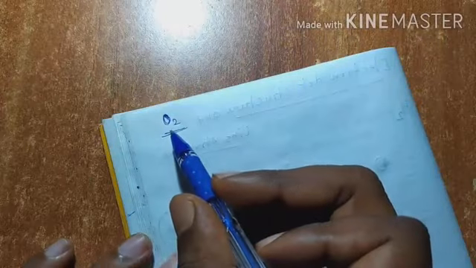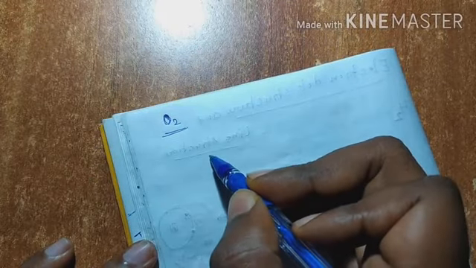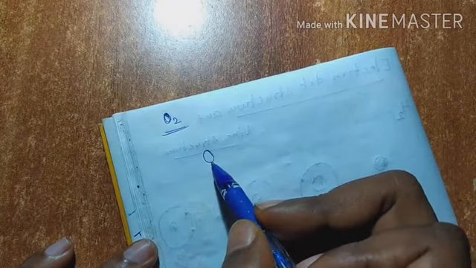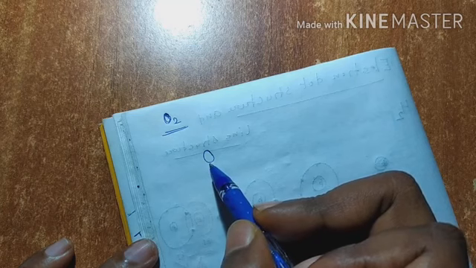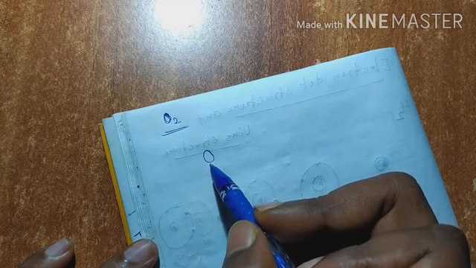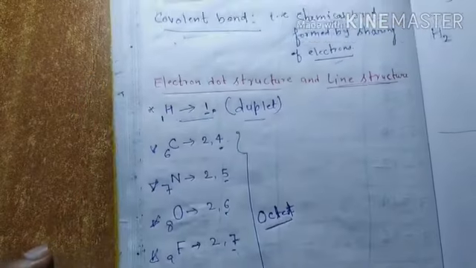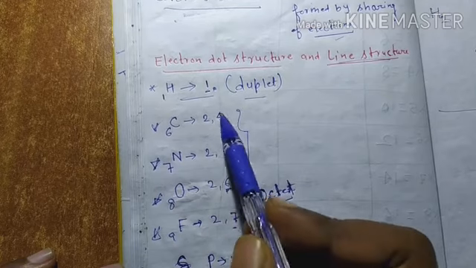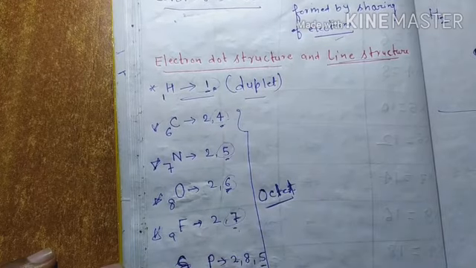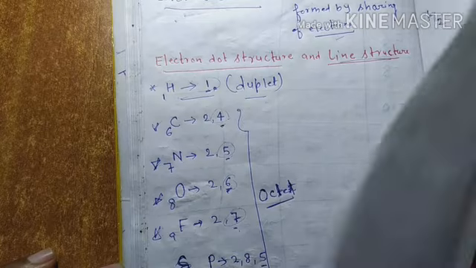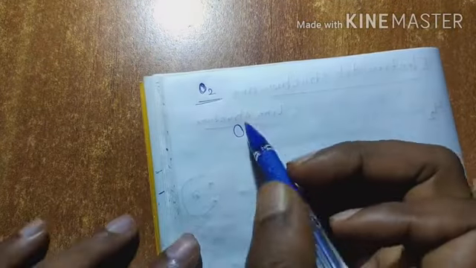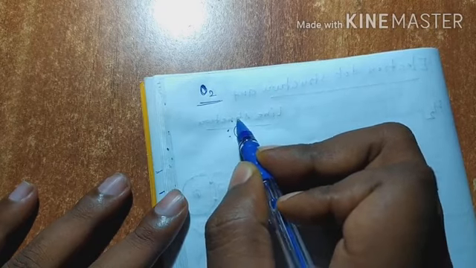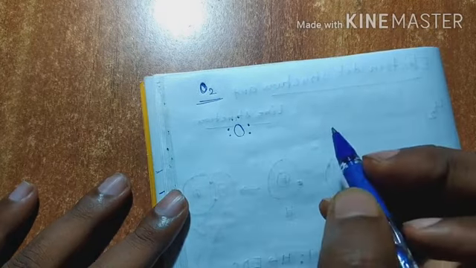Oxygen molecule. There are 2 oxygen atoms. So write an oxygen atom. And in case of oxygen atoms, there are a total of 6 valence electrons. You can see here this one. In case of oxygen, there are 6 electrons, so we have to focus on valence electrons only. So there are 6 electrons: 1, 2, 3, 4, 5, 6.